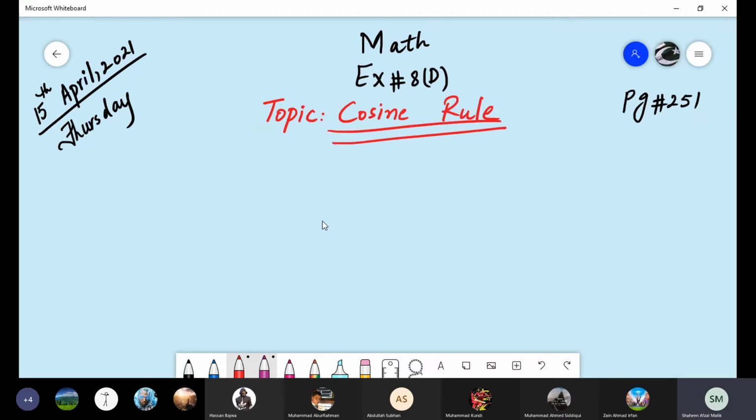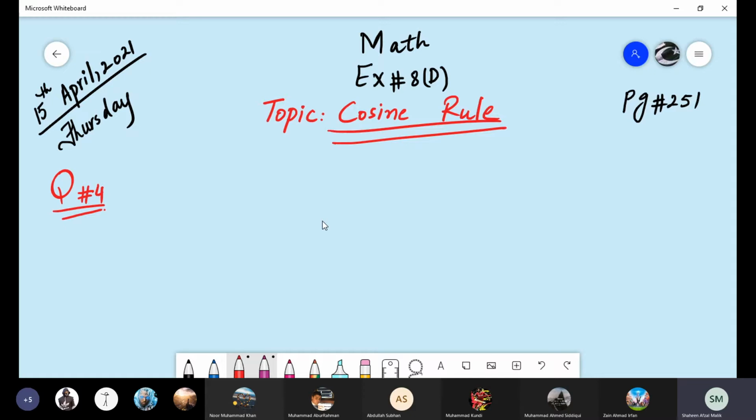And when are we applying the cosine rule? When the three sides are given and we have to find out some angle. Yesterday I explained to you in detail. Yesterday, in questions 1, 2, 3, two sides were given and the included angle we had to find out. But question number 4 is a little bit different. All the three sides are given to you.